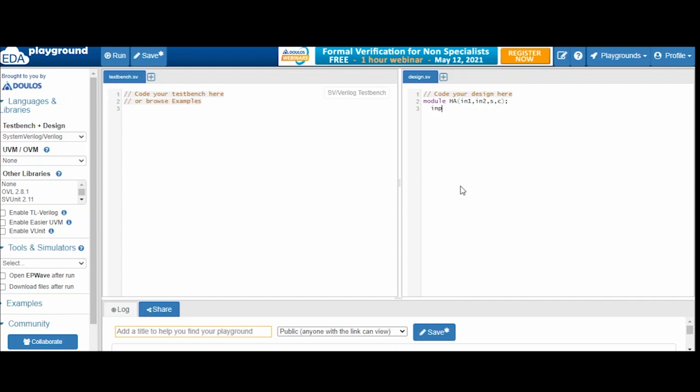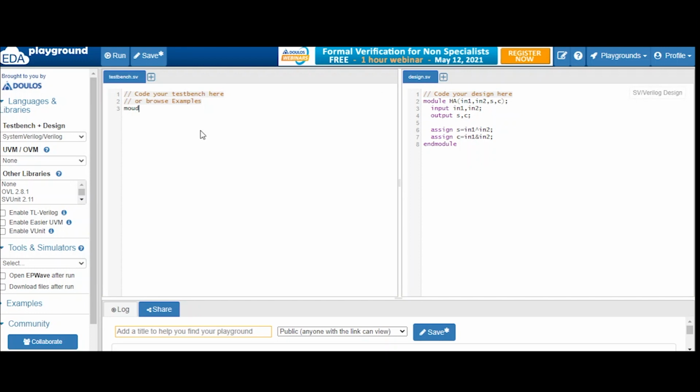So let's declare our inputs as in1, in2, and let's declare our outputs, that is sum and carry. Our sum is equal to in1 xor in2, and our carry is equal to in1 and in2. So this is our design for half adder.